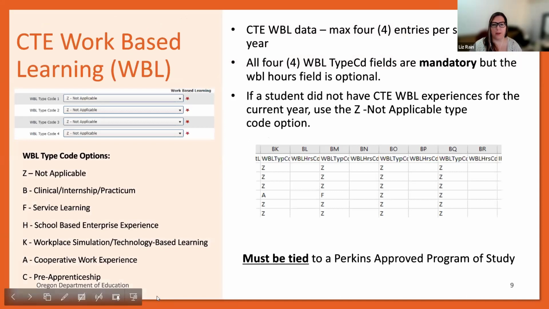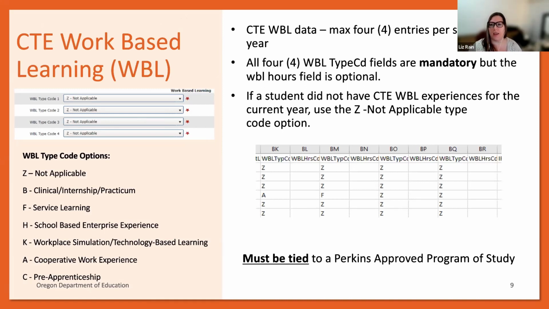Okay, so more about the work-based learning fields. On the left of your screen, that's how it looks when you're interfacing with the web application. There are going to be all these fields. When you're inputting work-based learning, that always has to be filled out.